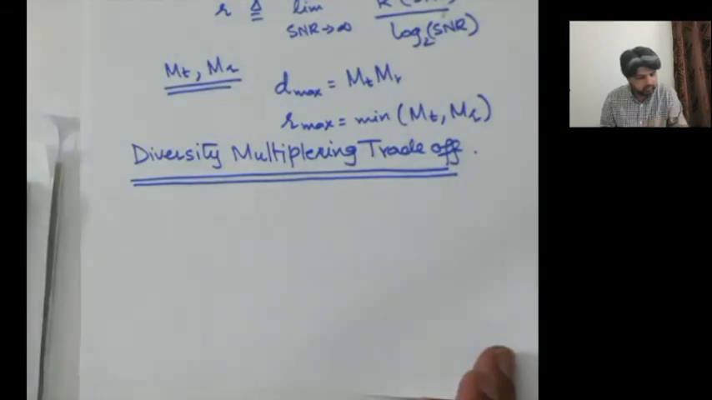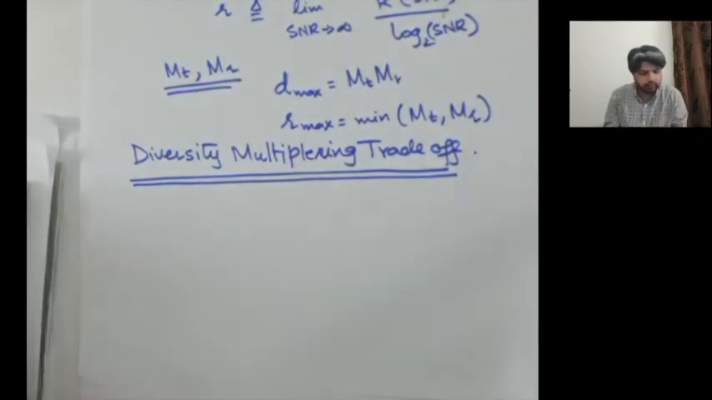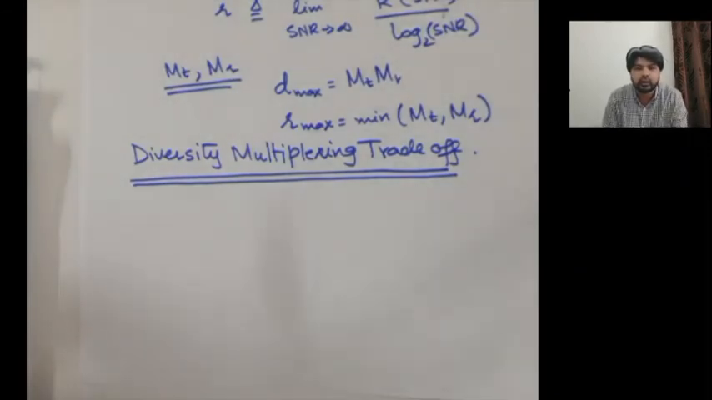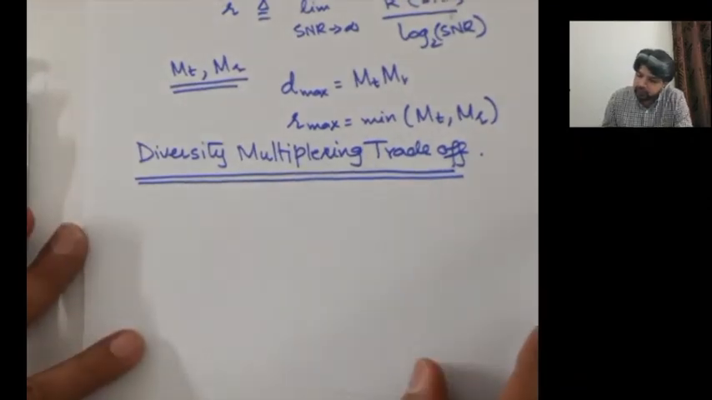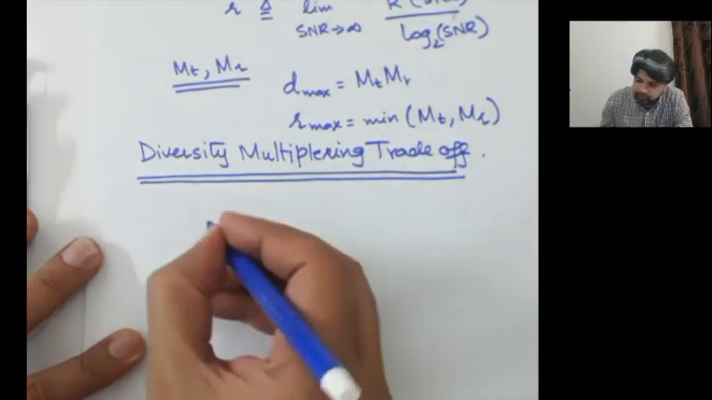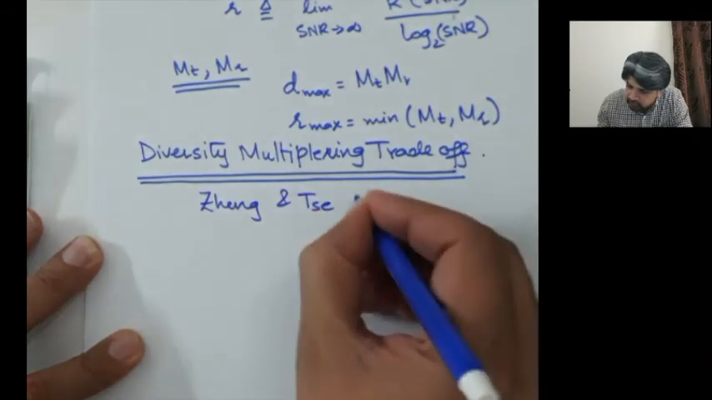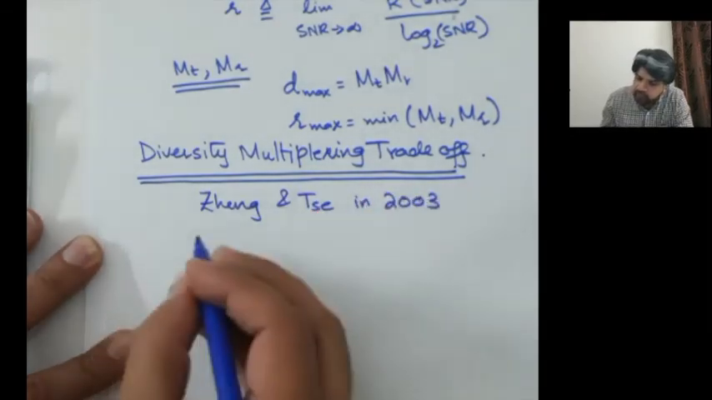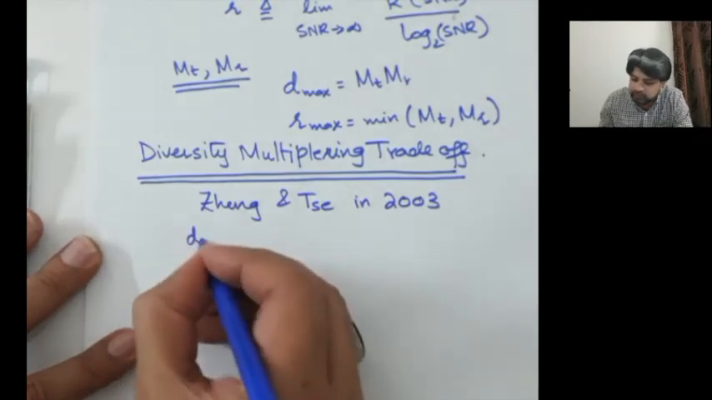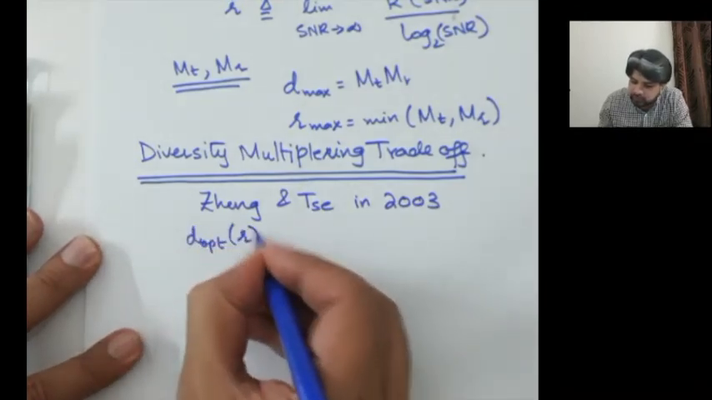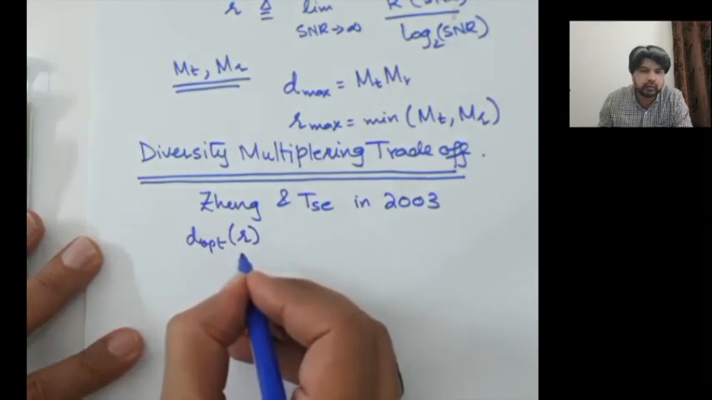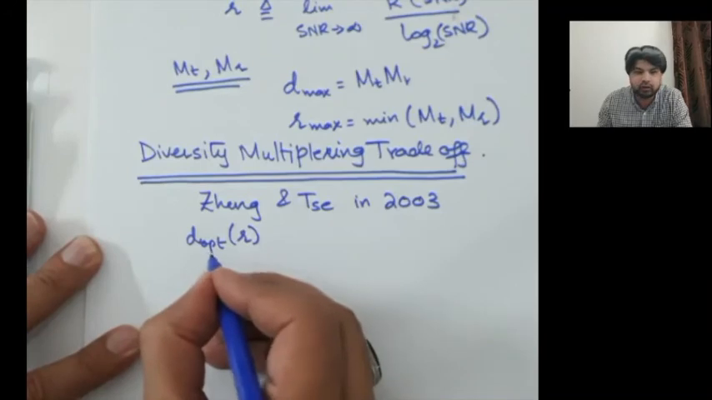And the fundamental design problem is: how many antennas should be used for creating the multiplexing gain, and how many antennas should be used for the diversity gain? In their famous paper in 2003, Zheng and Tse came up with an optimal D, D optimal, and that was a function of R. That if we assume a certain multiplexing gain, what would be the optimal value of the diversity gain that you